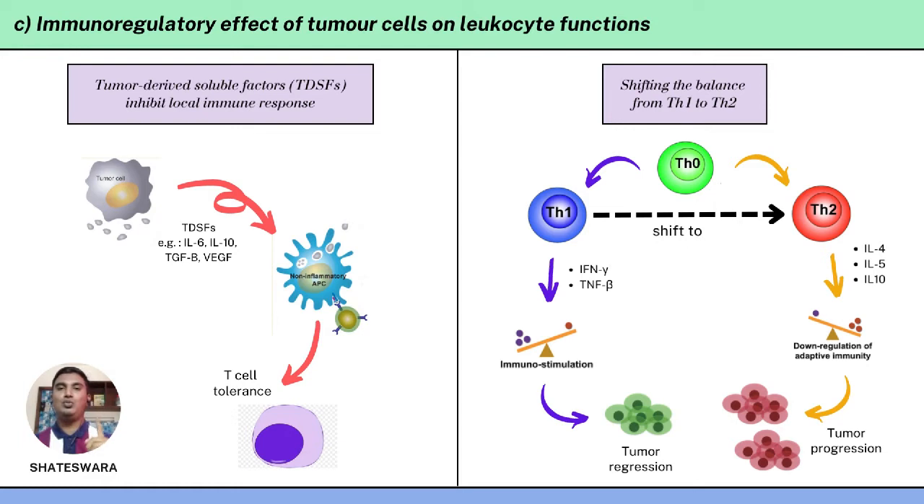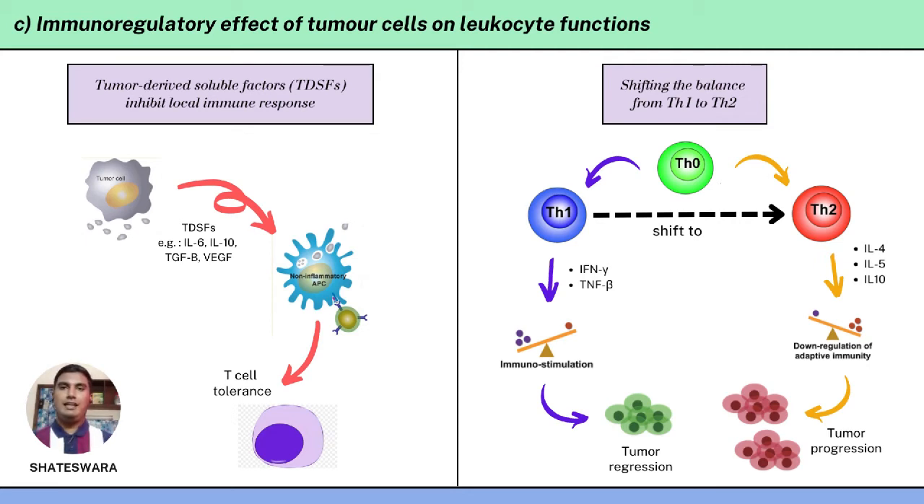As shown in this figure, tumor cells secrete a wide range of substances known as tumor-derived soluble factors, which inhibit or decrease the local immune response. These include cytokines such as interleukin-6, interleukin-10, tumor growth factor, and vascular endothelial growth factor. Their activity gradually spreads from the tumor environment to adjacent lymphatic organs and peripheral blood vessels. This causes T-cell tolerance. The tolerance causes T cells to be unable to differentiate between self and non-self antigens, which contributes to uncontrolled tumor